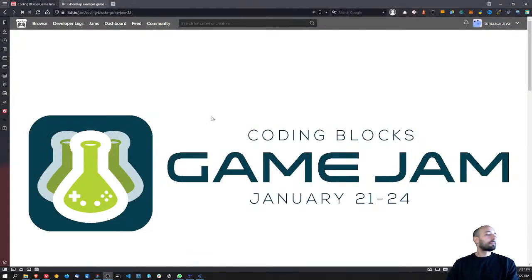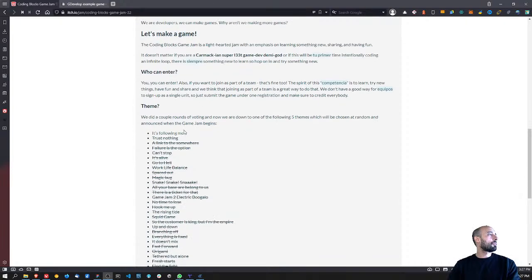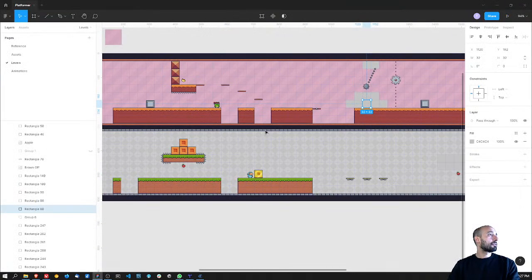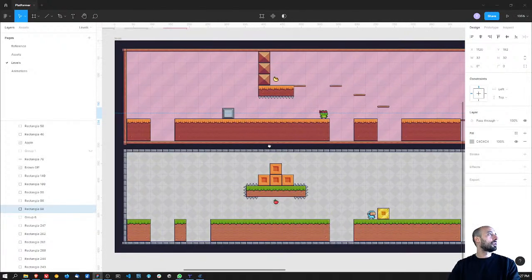Okay, guys, so let me show you what I'm working on. I'm participating in the Coding Blocks Game Jam, and the theme for this jam was to develop a game with the theme of It's Following Me. I'm not entirely sure if I'm on topic, to be honest, but I found the idea interesting, so I went with it anyway,